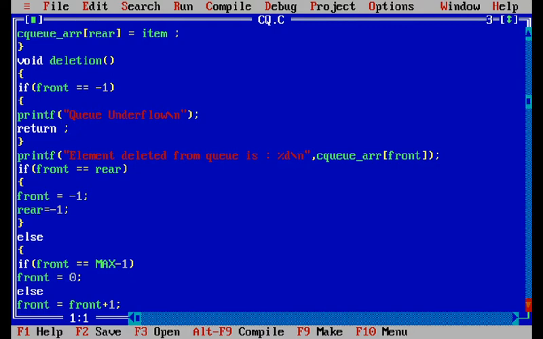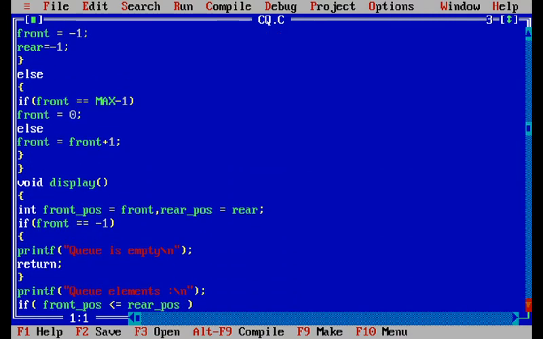That means the deleted element is at the front position of the circular queue. Then if front equal to rear, we set -1 to front and -1 to rear. Now in the else part, if front equal to MAX - 1, then we assign 0 to front. Otherwise we increment the front pointer by 1. So this is the deletion function of a circular queue.